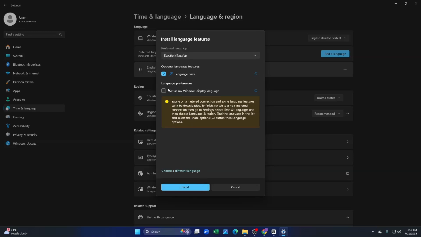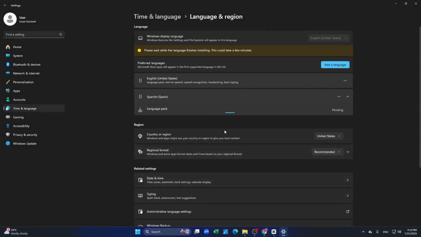So it says you're on a metered connection and some language features can't be downloaded, and let's say you have to click on the language pack from here and click on Install. After clicking on it, it will now download the language from online and install it on your PC, and then you can use it